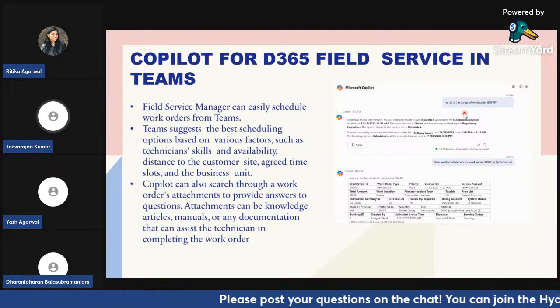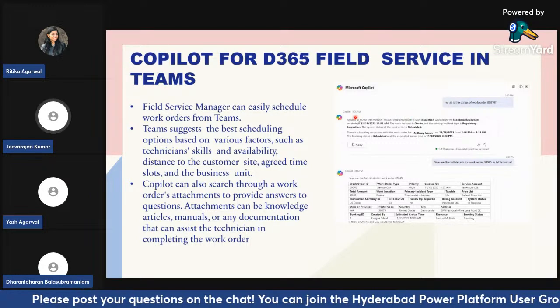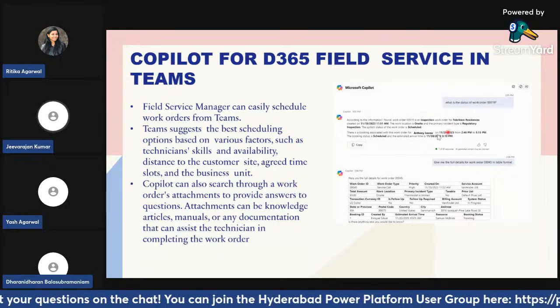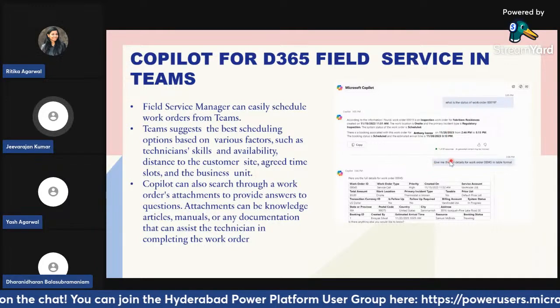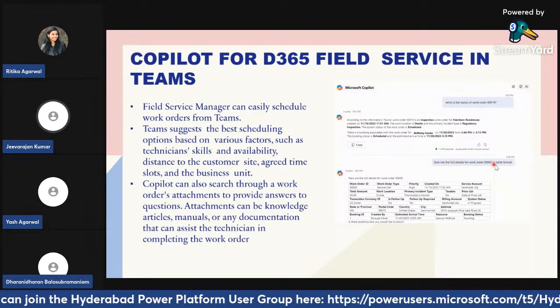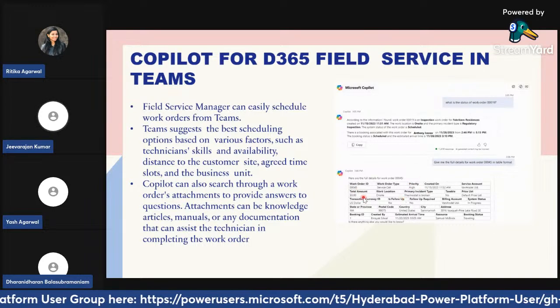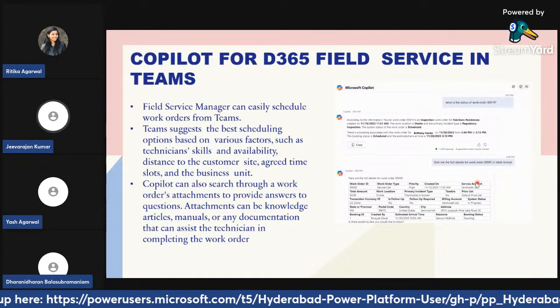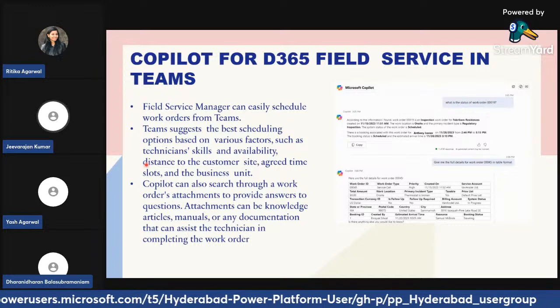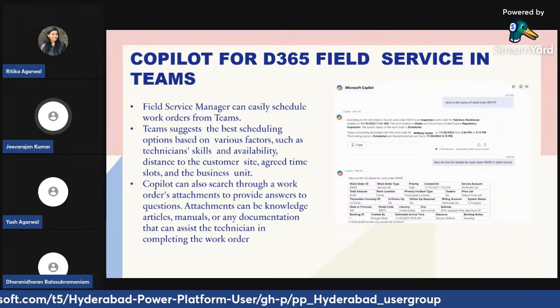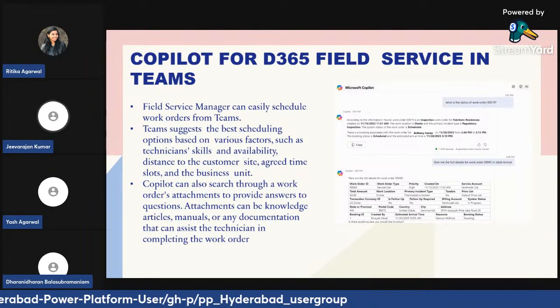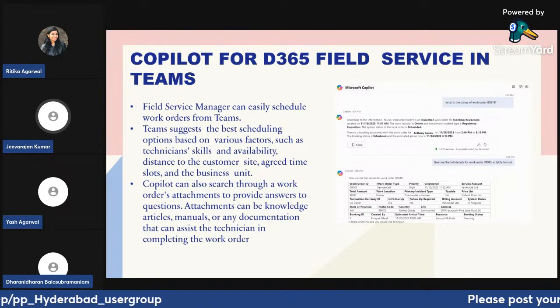As you can see in this sample, when I ask the Copilot what is the status of the work order, it brings the key information similar to a summary. And if I ask it to get me the full information of the work order in a table format, it gets the information in a table format, and then people can just copy it and use it. That's how handy and flexible it is. So with that, I close my session on Copilot in field service and Copilot in customer service.